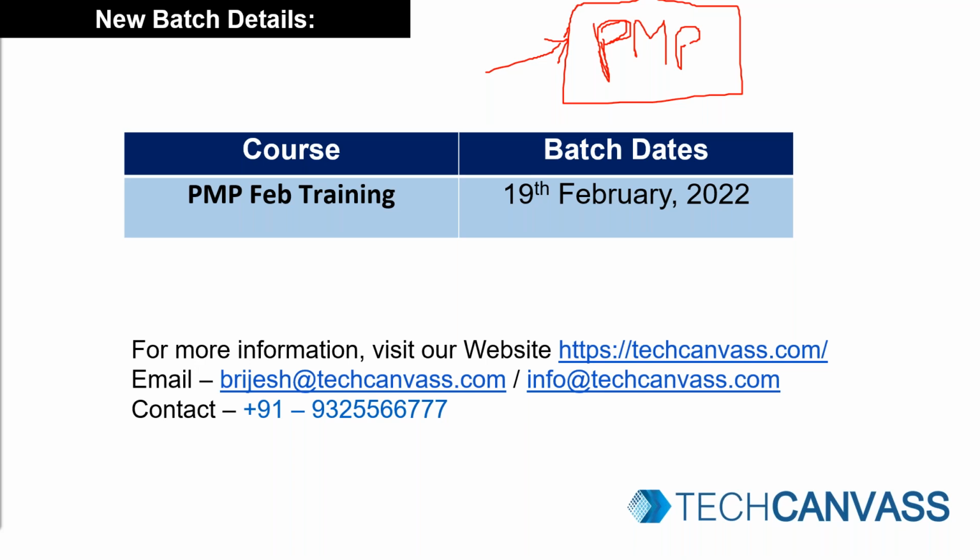Keep the confusion aside. Everybody has a career plan: where you want to be 2 years from now, or 5 years from now. Which of these career paths you are targeting makes it easy for you to identify. Both are different lines. I can't compare BA certification and PM certification. It depends on where your passion lies in terms of career plan. Either way, Tech Canvas also provides training on business analyst certification, so you have a lot of options there. Rather, I would like to know, where is your interest lying? Is it project management or business analysis?